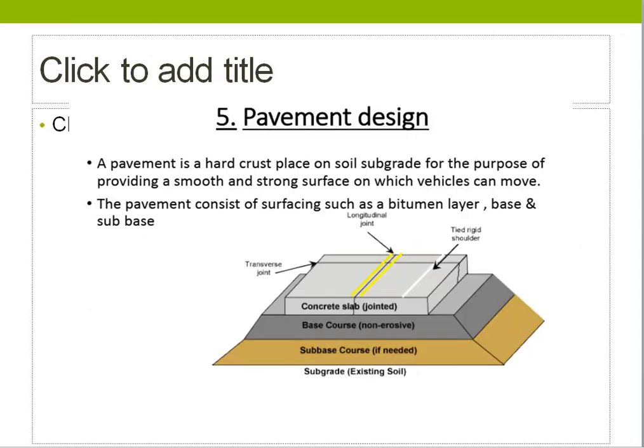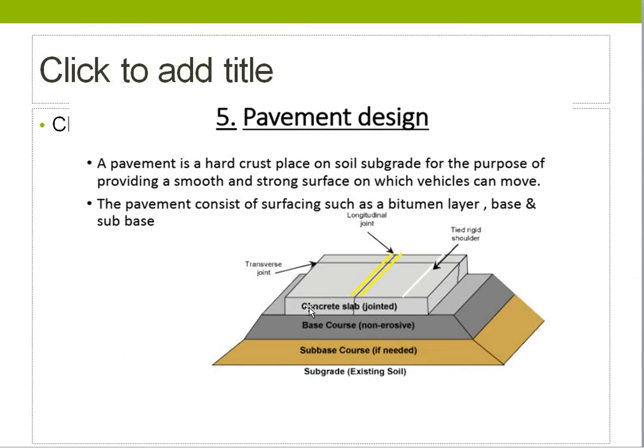So next, let us see the fifth scope or application of soil engineering, which is in pavement design or in roads. We use roads or pavements for the movement of vehicles, and this pavement is actually resting on the soil. That soil is designated as subgrade in this figure. You can see the three layers of pavement. Pavement is actually constructed in 3 layers.